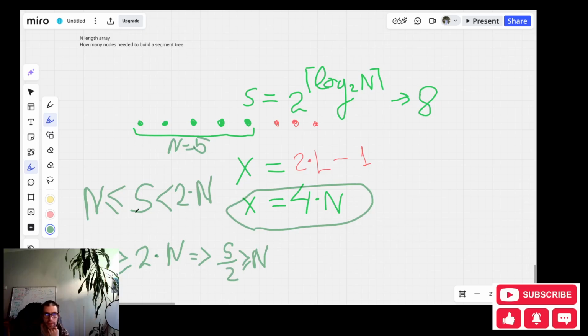But here we can see that this thing is a power of 2 and it's greater than n.